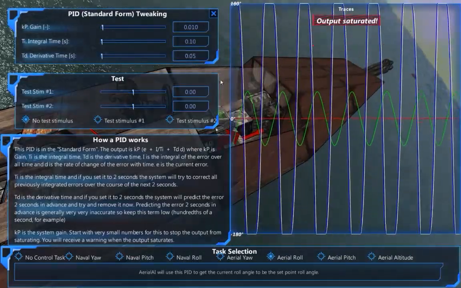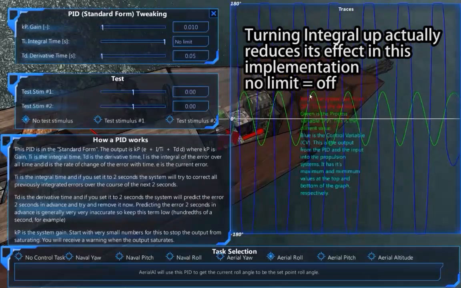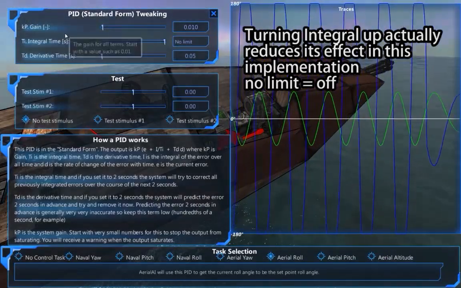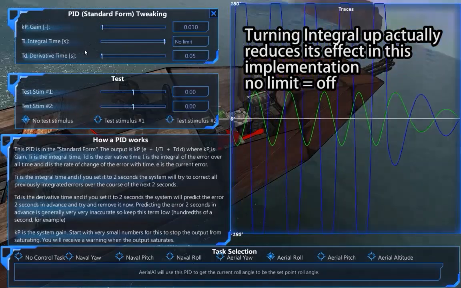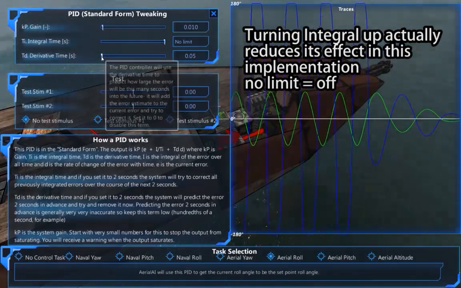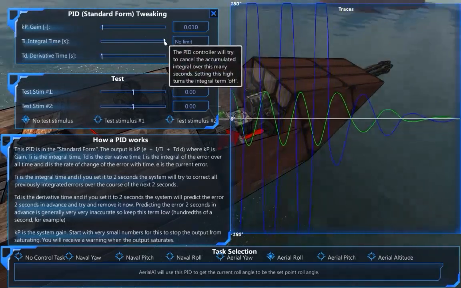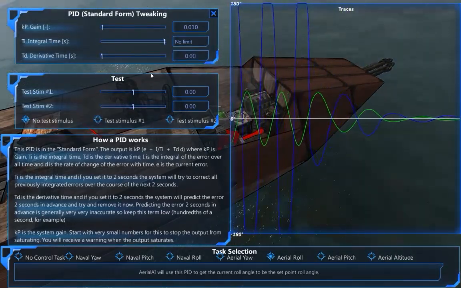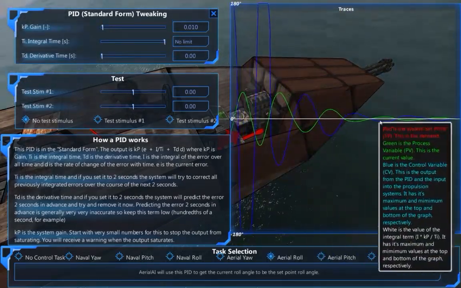So the first thing you do is turn integral all the way up to the no limit. I'll explain what these do in a bit. So turn integral all the way to the no limit. Put D to 0. So we'll start by only looking at the P gain. So what's P gain? Well,